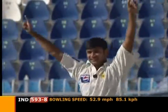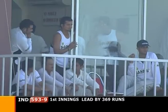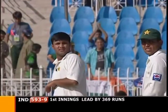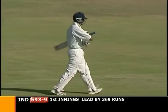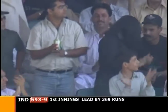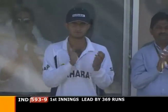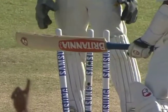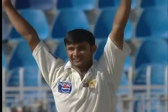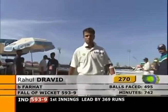And it's bowled. He's gone for the reverse sweep. First time we've seen him attempt that shot. And finally, this huge innings of Dravid comes to an end. Well, everybody is looking towards the dressing room. A great innings has come to an end. And the greatness of Dravid is he's producing these great innings every second game for India. You can see the admiration in the captain's eyes, the rest of the teammates. This is how the innings came to an end. Reverse sweep attempted, only to find the off stump. So Imran Farhat will be very proud of that wicket. It's his second test wicket, and it's a wicket to remember. So Dravid's great innings comes